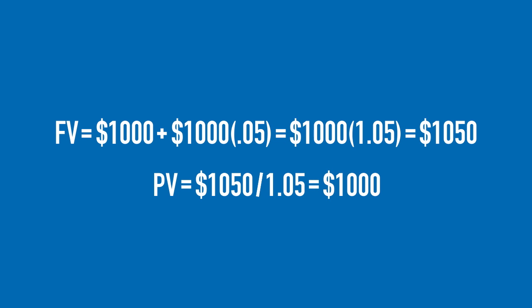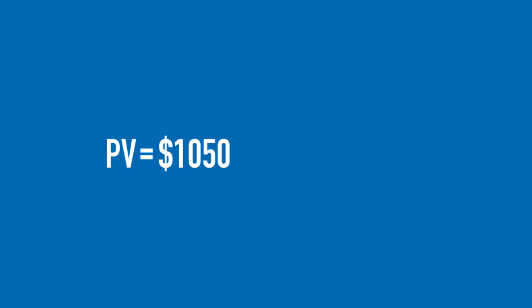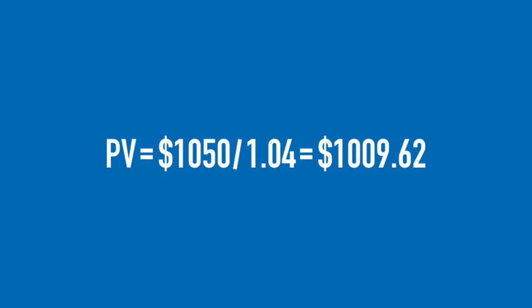Now, to understand the negative relationship between interest rates and bond prices, let's change the interest rate. So, for example, somebody promises to pay you $1,050 1 year from today, and the interest rate is 4%. How much would you pay for that promise? And the answer is it'd be $1,050 divided by 1.04, which is $1,009.62. And the reason, of course, is in order to get $1,050 a year from today at 4%, you'd have to invest